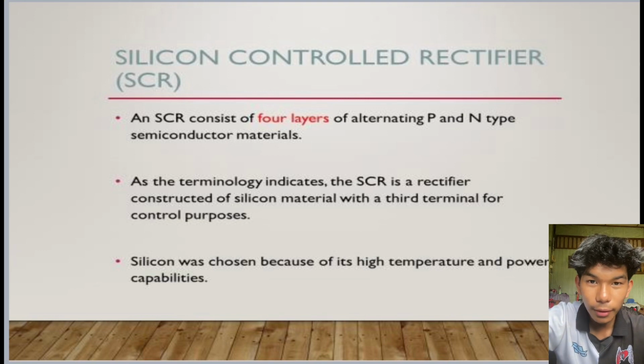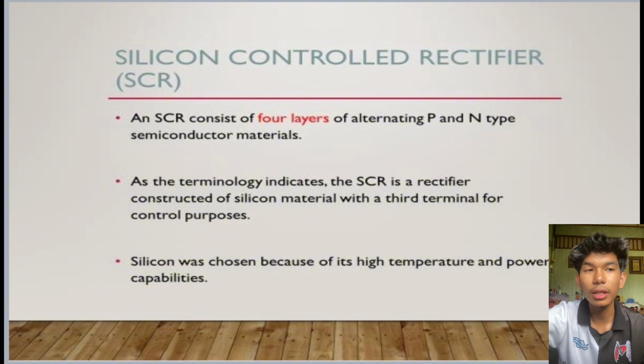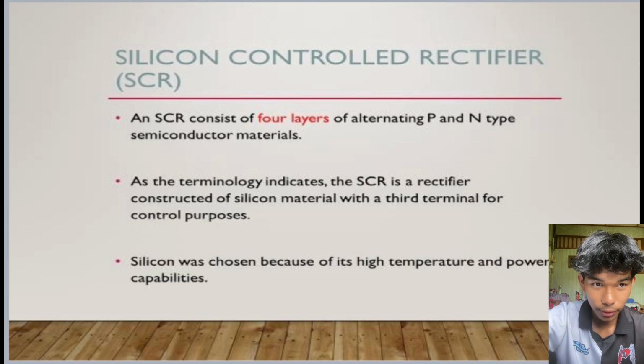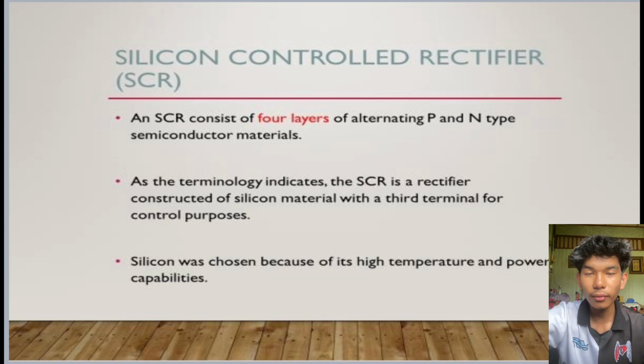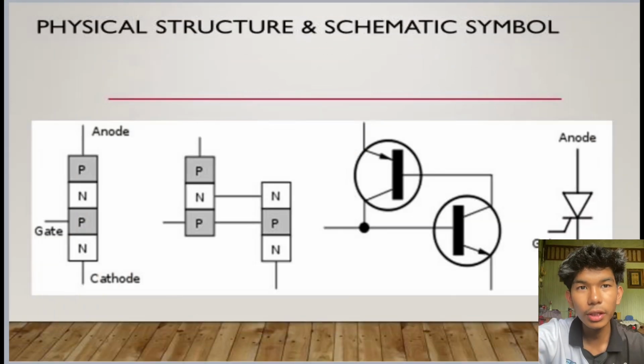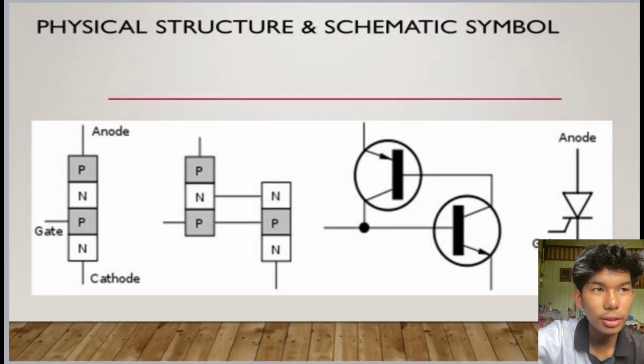N-type semiconductor materials. As the terminology indicates, the SCR is a rectifier constructed of silicon material with a third terminal for control purposes. Silicon was chosen because of its high temperature and power capabilities. So this is a physical structure and schematic symbol. This is cathode, anode, gate,